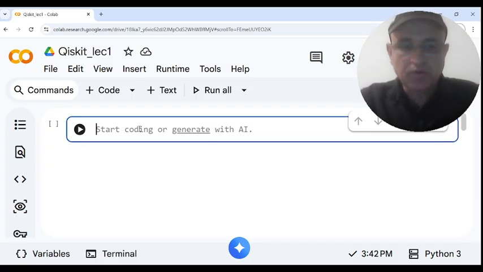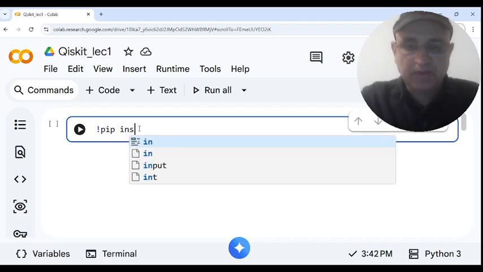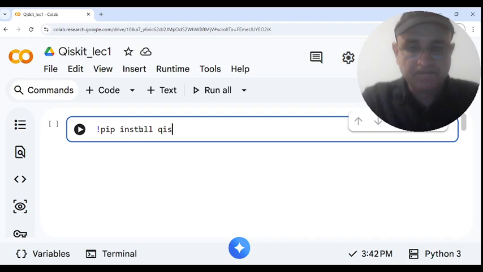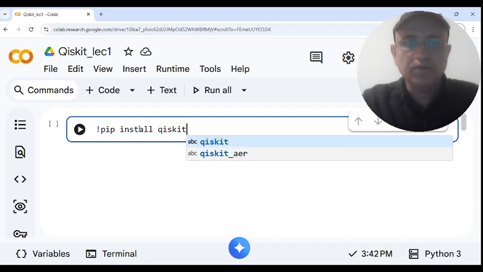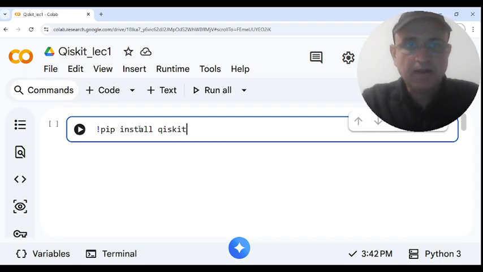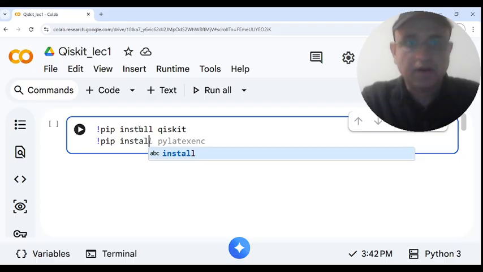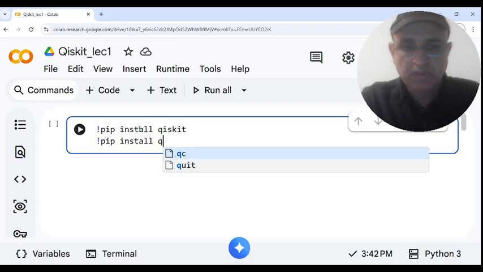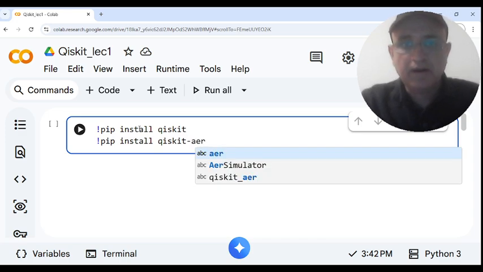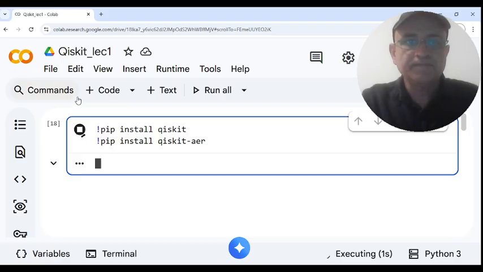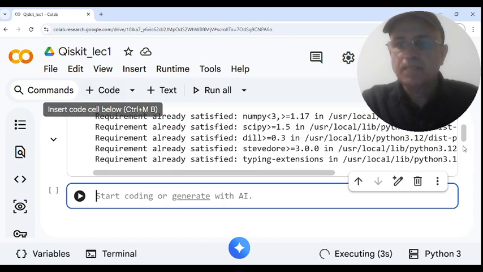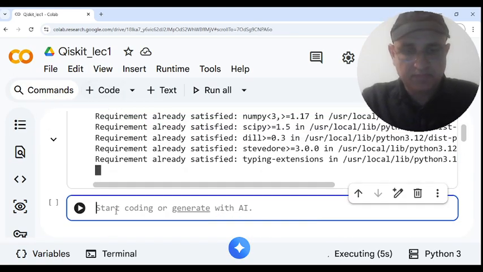First of all, I'm going to install Qiskit using Python. After that, I also need to install Qiskit Aer, and now I'm ready